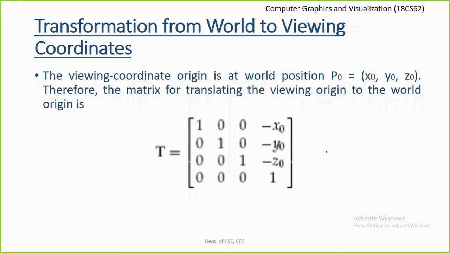This 4 by 4 matrix represents the translation of the viewing coordinate origin x0, y0, z0 to the world coordinate origin 0, 0, 0. Hence the translation parameters are minus x0, minus y0 and minus z0. That is the first step.